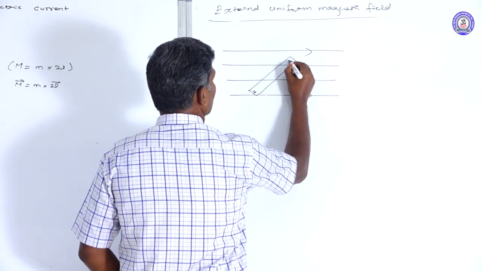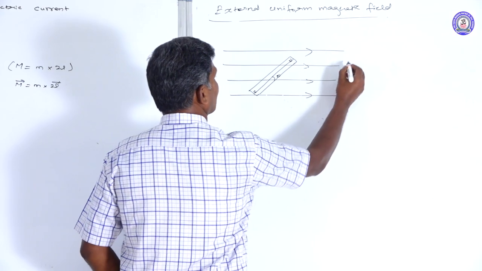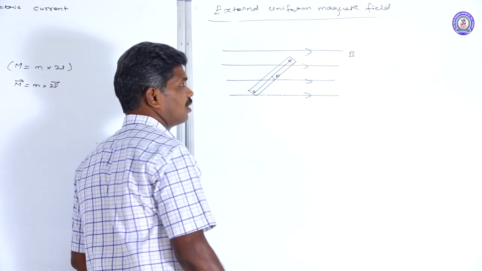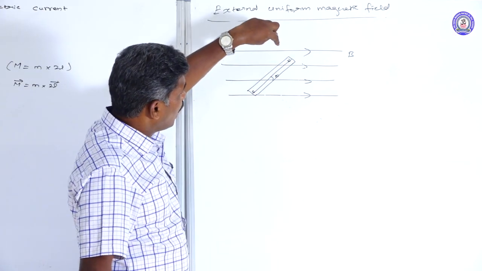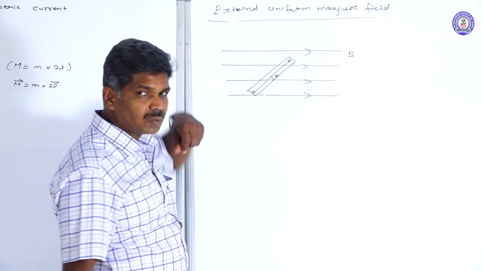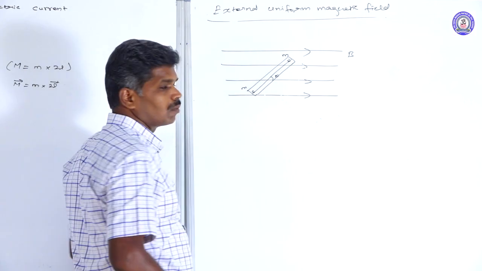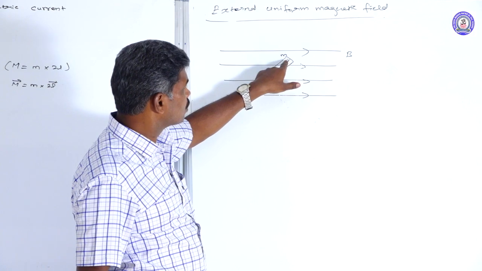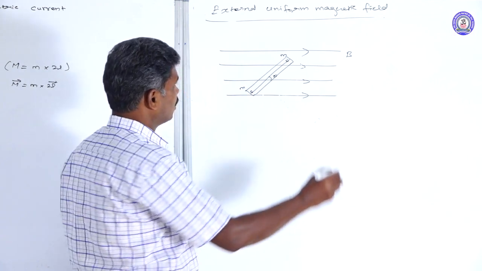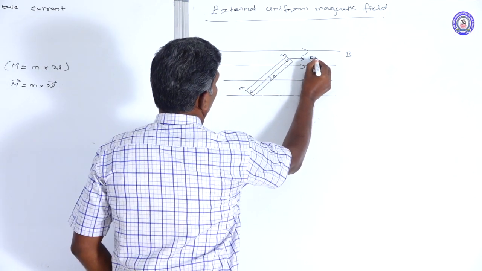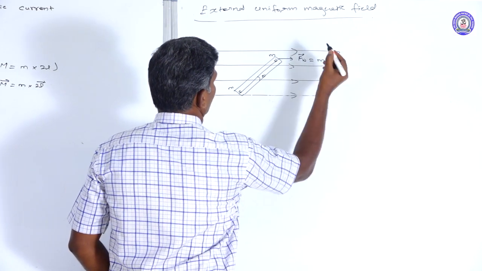Here we have a south pole and a north pole. That is the axis. That axis makes angle theta with our external magnetic field which has the magnetic induction B. That magnetic field is going to act on both the north pole and the south pole. The poles are represented by small m and small m. The north pole experiences a force along the direction of the magnetic field. That force is acting in this direction, F n vector. Its value can be taken as m into B vector.